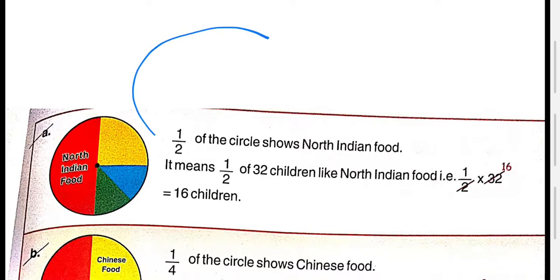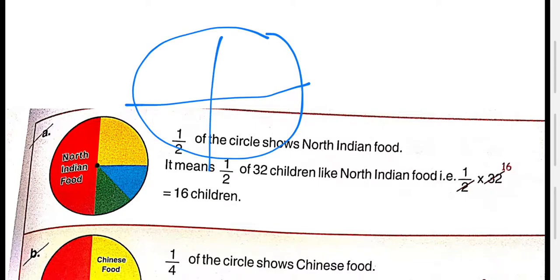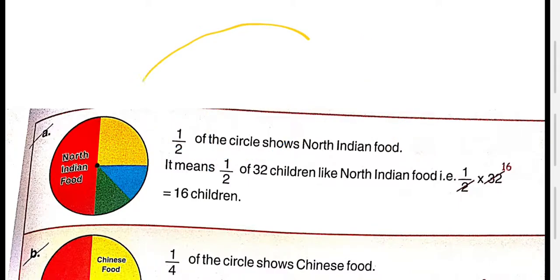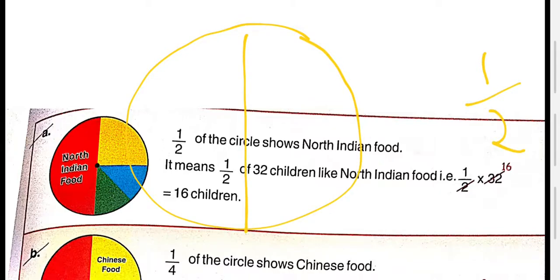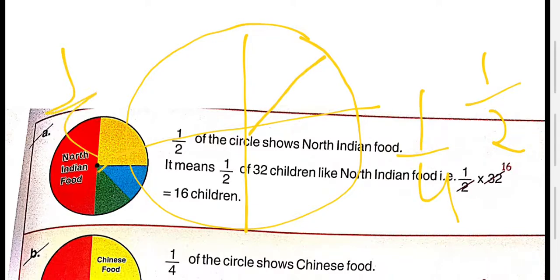And one more thing, suppose you have already made 4 parts, so both are equal to 1 upon 4, and when you divide this half one also, then it becomes half of 1 upon 4, which means it becomes 1 upon 8. So when you have one big circle and make 2 parts, it becomes 1 upon 2. When you make 4 equal parts, it becomes 1 upon 4. And when you divide this 1 upon 4 also, it becomes 1 upon 8. So you have to remember all these things. These are the basic ones.